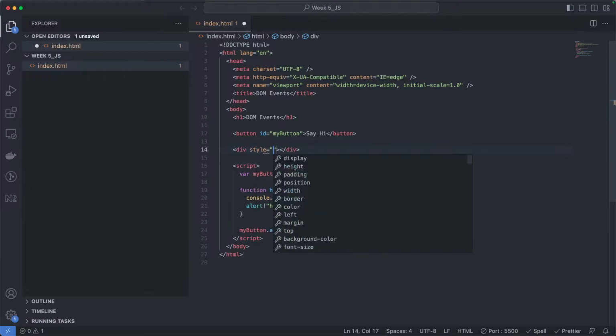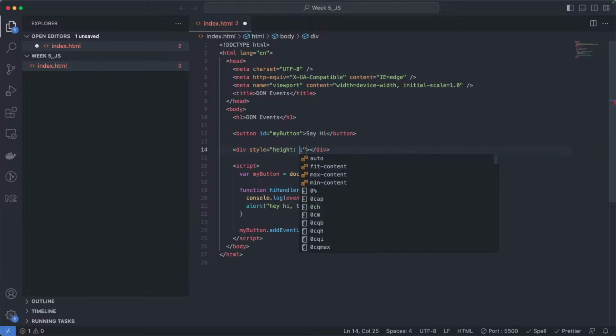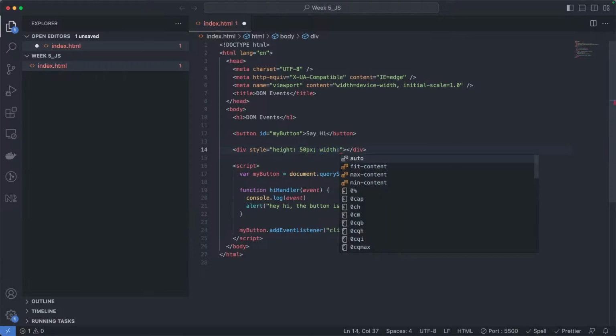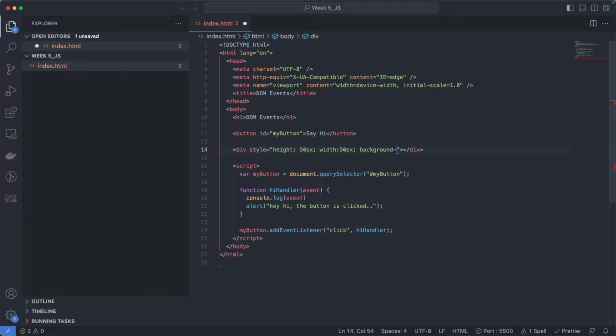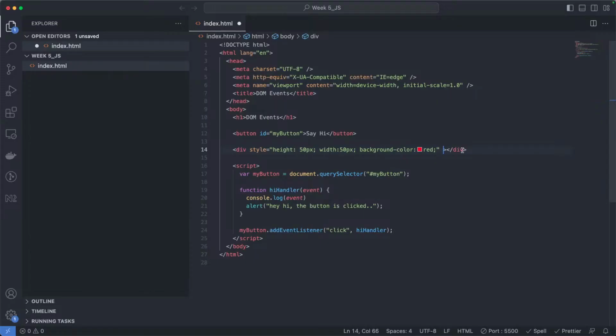The style of this div should be height 50, width 50 px. I need a color to identify this guy, so background color is that. I can see this div and I wanted to select this div, so I will say my div,